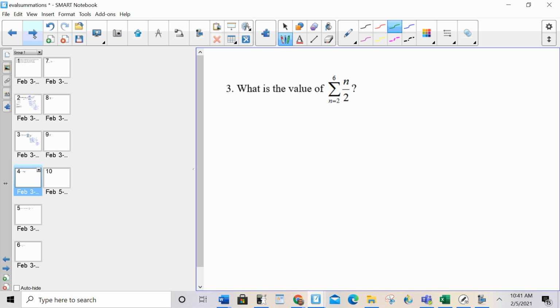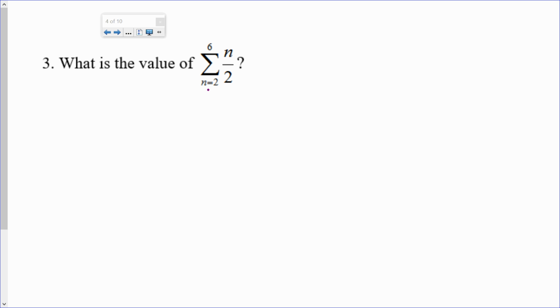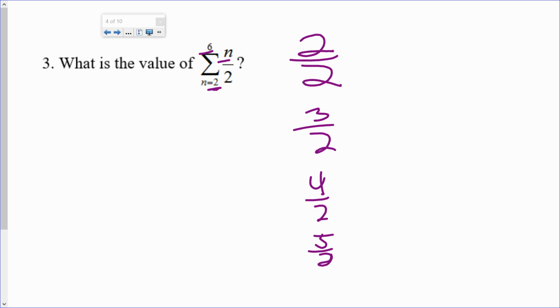All right, number 3. I start by replacing n with 2. And then I keep on substituting up until I get to the top term. So I want you to write the rest of the terms out on your own right now. Okay, after I substitute 2 for n, I substitute 3 for n, then 4 for n, then 5 for n. I keep on going until I get to